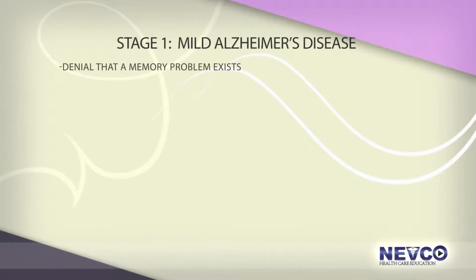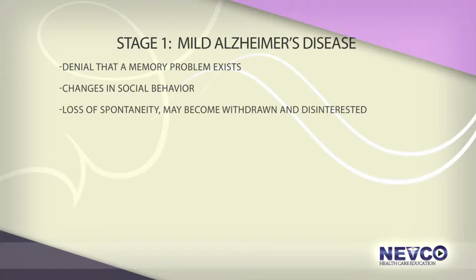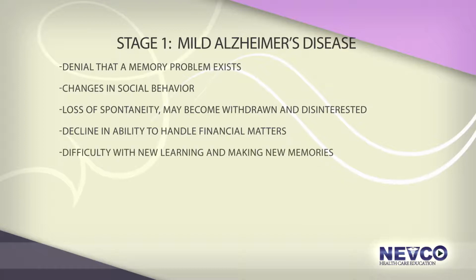The first stage of Alzheimer's disease is commonly referred to as the forgetfulness stage and averages 2 to 4 years leading up to and including the time of diagnosis. Symptoms include denial that a memory problem exists, changes in social behavior, loss of spontaneity, may become withdrawn and disinterested, decline in ability to handle financial matters, difficulty with new learning and making new memories,